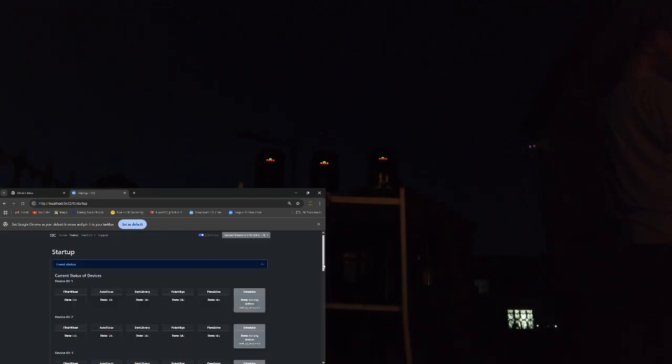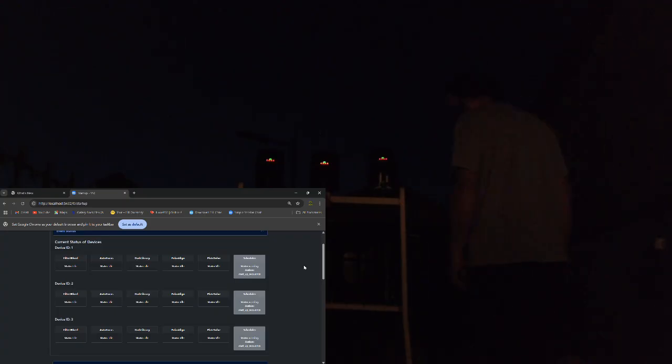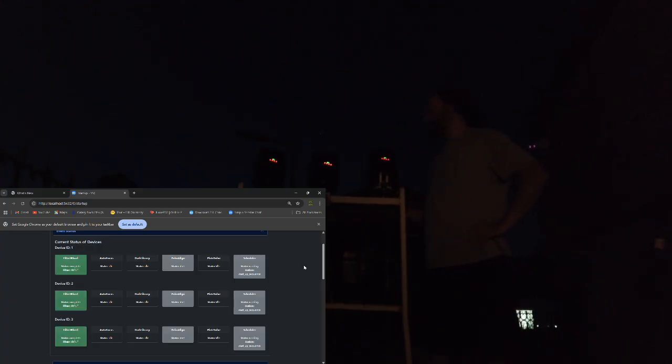As these fire up, I put my dew shields on while they're moving. I haven't plugged these in yet. I'm going to do that right before I do the polar alignment. Also, I'm only going to show you polar alignment on one scope, because it will take too long to show you on all 3. And I'm probably going to have to keep this video as short as possible. So anyway, these are all firing up here and starting to do the polar alignment. We'll be able to track it in the